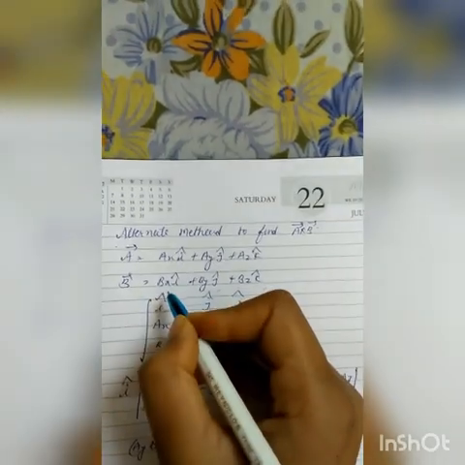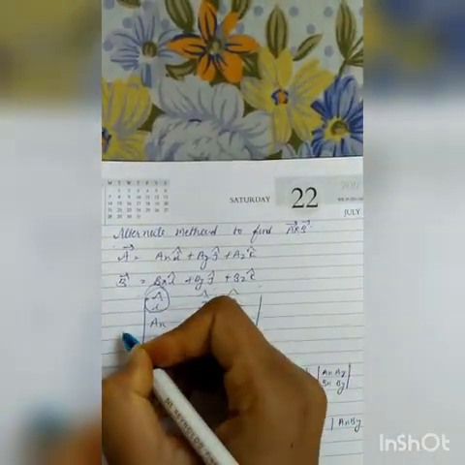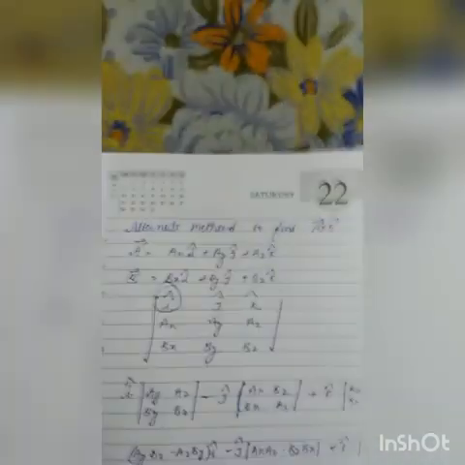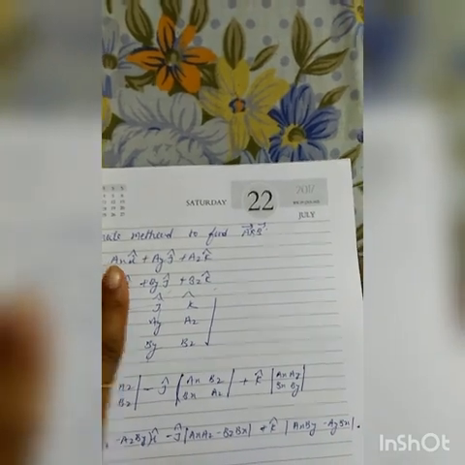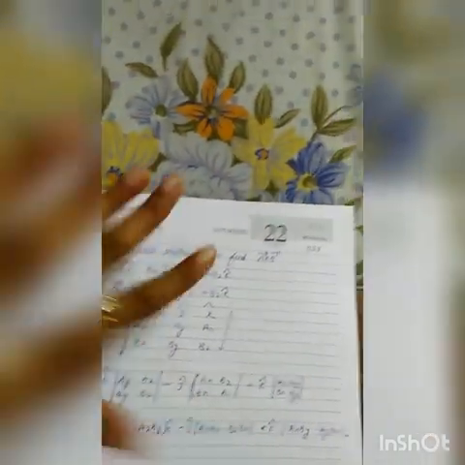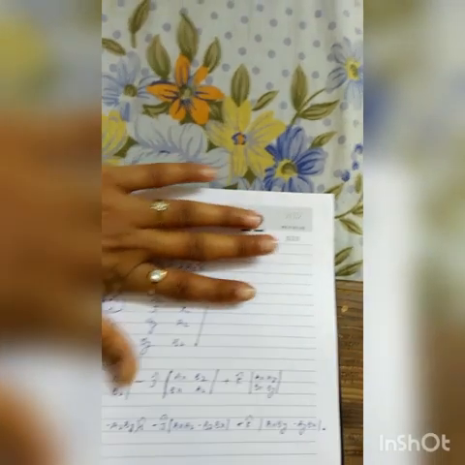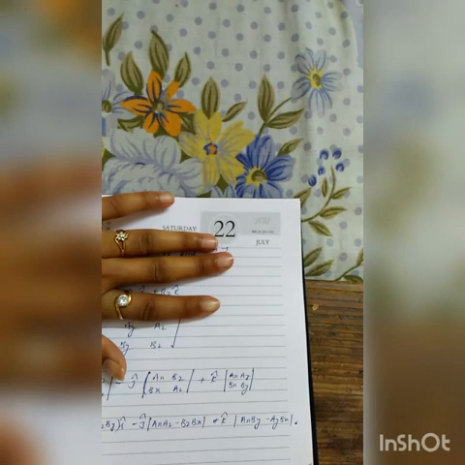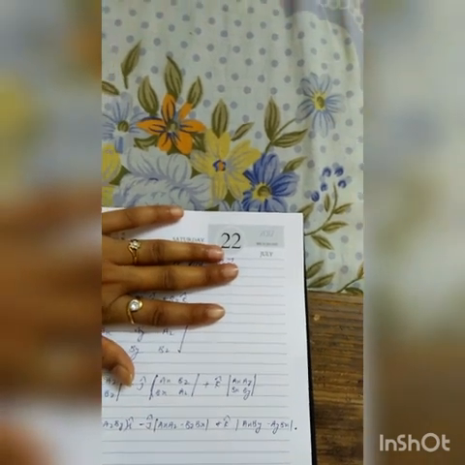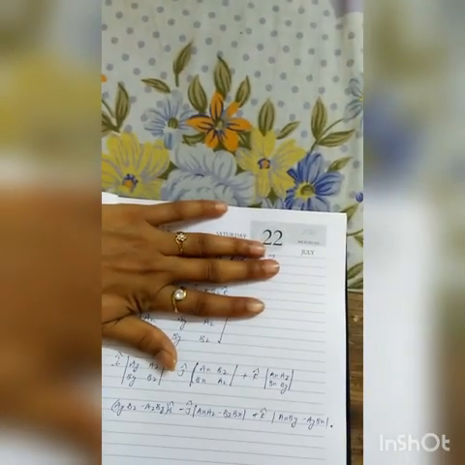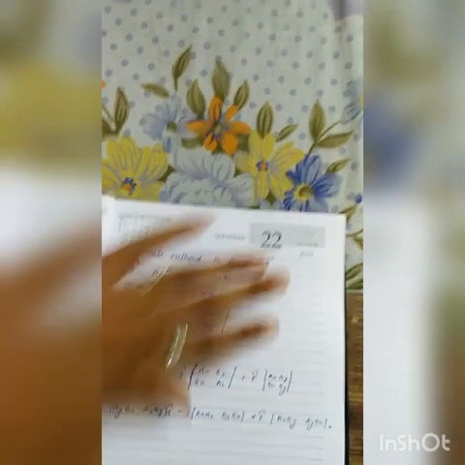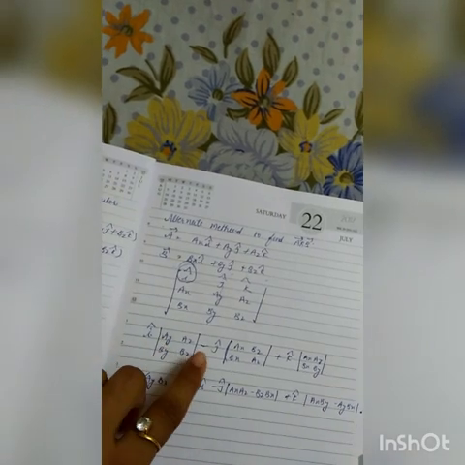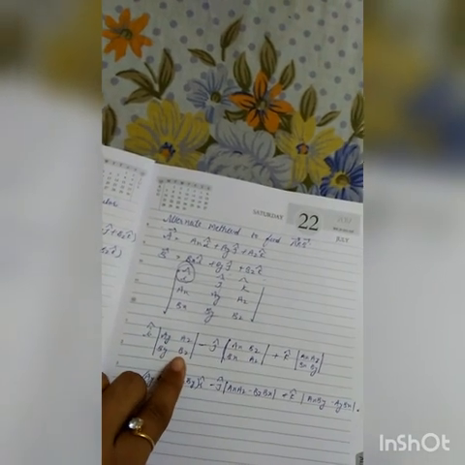Now, first of all, there is the I unit vector. In order to find the I unit vector, you have to hide the first row and the first column. Hide these, the i j k and ax and bx. You have ay, az, by, bz. So in the case of I, there is ay, az, by, bz.